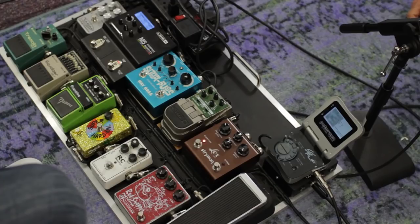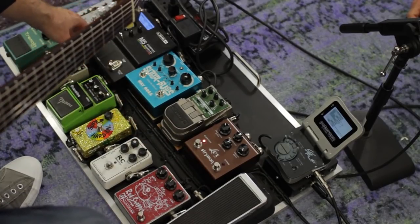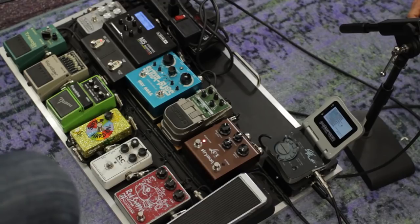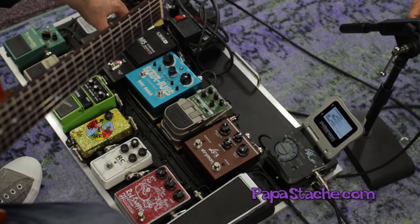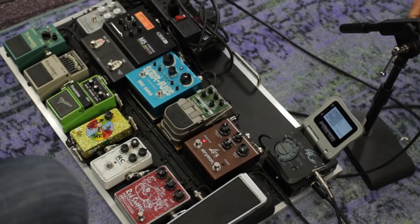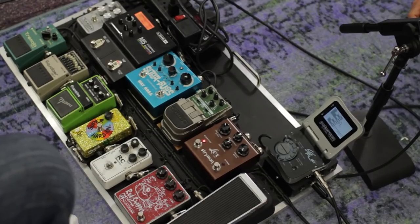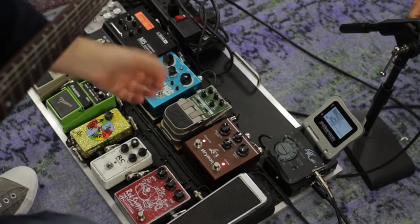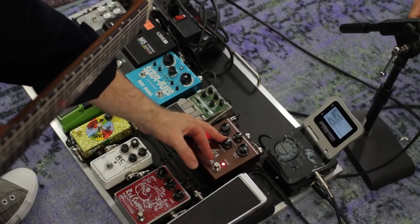And then on this particular board, the only modulation source I have is the M5. So let's see what's up right now. A vibrato. I see these M5s on a lot of Nashville studio guitarists' pedal boards. It's really a really good workhorse. Nice reverb. And if somebody asks for a phaser or a flanger, it's there for you. Excellent Leslie simulator. Certainly not inexpensive, I would say, but boy, it's really...